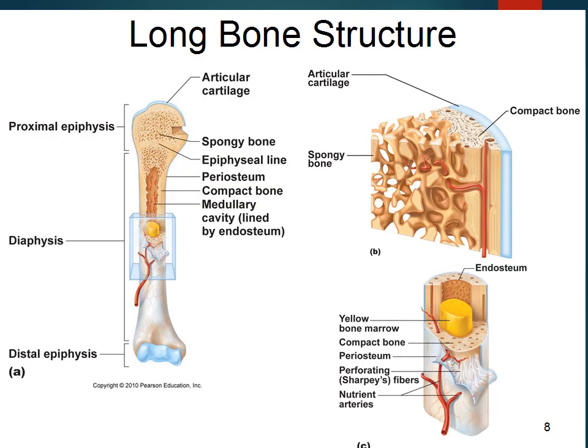So how do these look? In a bony tissue, this is a long bone, and we have done its different parts. As you have seen, the shaft of the long bone is the diaphysis, and its ends, which are present at the proximal or distal ends of the long bone, are known as the proximal epiphysis and the distal epiphysis. So the ends are known as epiphysis of the long bones.